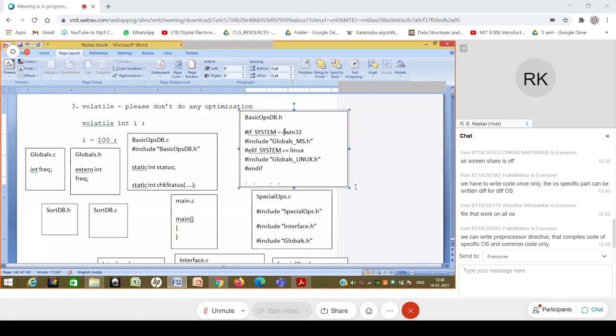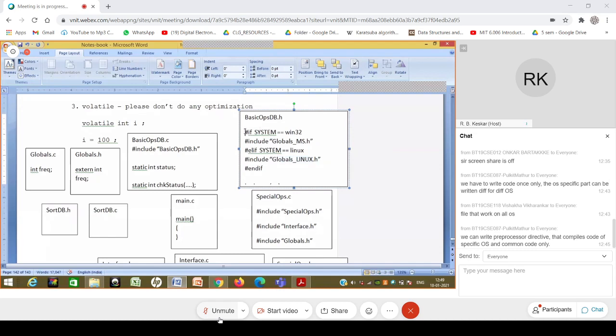And if the user sets the variable appropriately, then the preprocessor checks this SYSTEM environment variable from the operating system. And if it realizes that the value which is being set is Win32, then it will just use this line and nothing else. So you can imagine that there is one layer of filtering happening in the header file by the preprocessor, even before it actually includes globals_ms.h or globals, one level up. It does this filtering to decide which header file itself should be included. Okay, and if your system is Linux, then it will not include this and will include this.